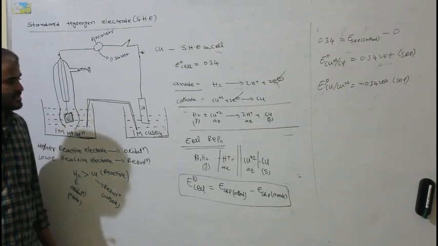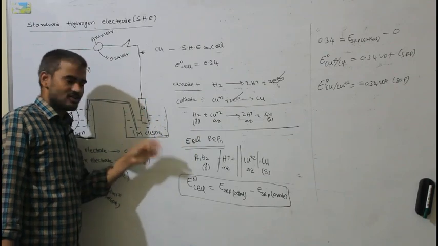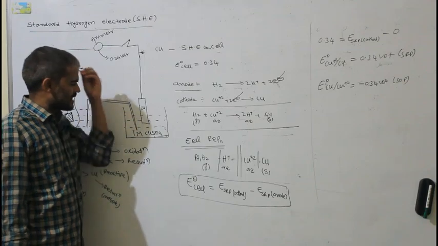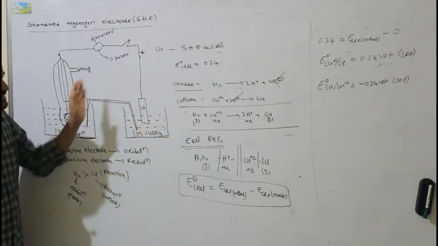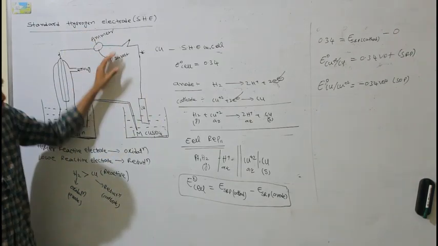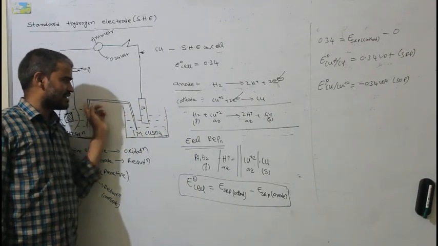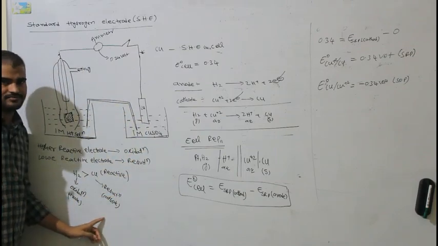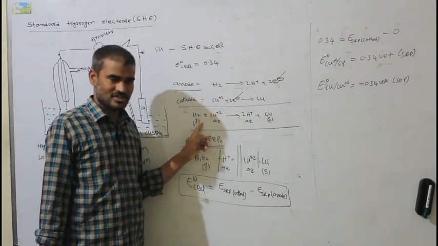So here you can place different electrodes: silver electrode, iron electrode, nickel electrode, manganese electrode, chlorine electrode, whatever electrode you need, and connect it with the standard hydrogen electrode. When you connect it, the ammeter will give the cell potential, and the cell potential value is noted. Based on the reactivity of hydrogen and the particular metal electrode, you identify which undergoes oxidation and which undergoes reduction. Based on that, you write the anode reaction, cathode reaction, and cell reaction.